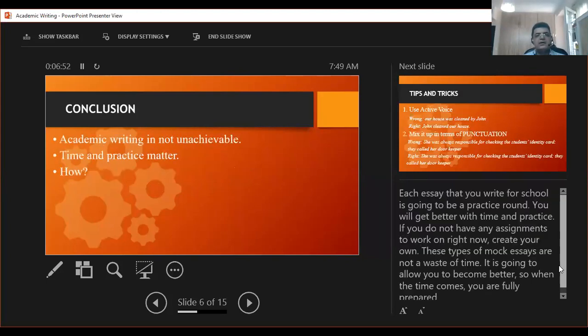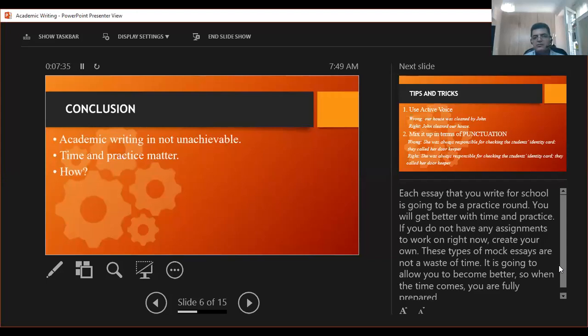So based on what we said, actually, academic writing is not unachievable, but how to achieve it? It needs time and practice, just time and practice. So how? Each essay that you write for school is going to be a practice round. You will get better with time and practice, actually. So if you don't have any assignment to work on right now, try to create your own exactly right now. This type of mock essay is not a waste of time. Whatever you write, even without any preparation,